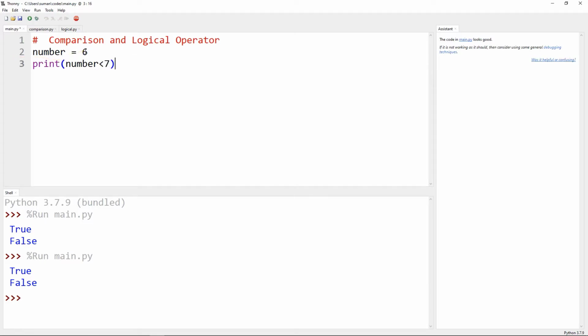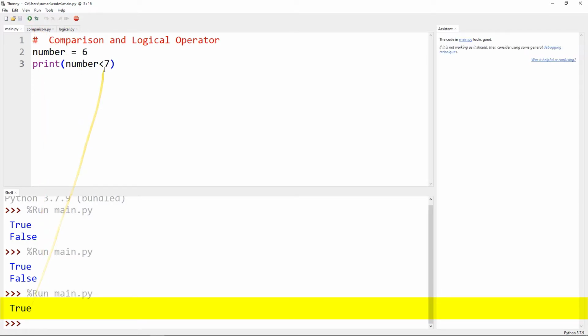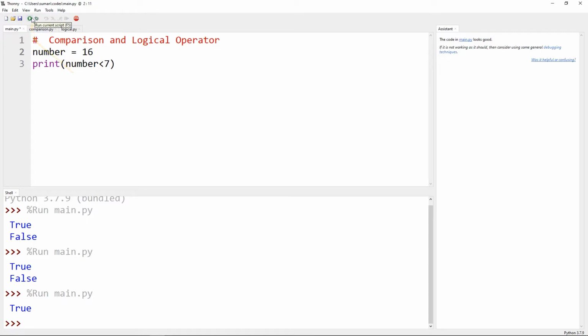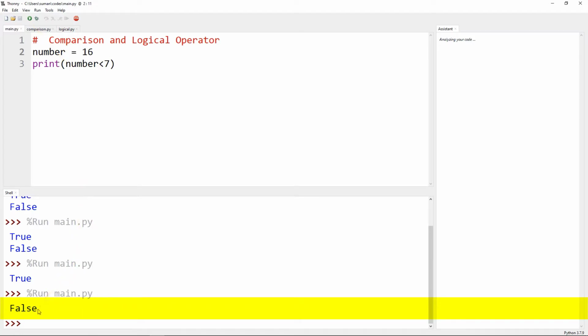Obviously the value 6 has been assigned to the variable number and that 6 is less than 7. So the expression is true. So what we get, that is true. If we change the assignment to 16 for the variable number, that is obviously a false expression, so we have the output as false.